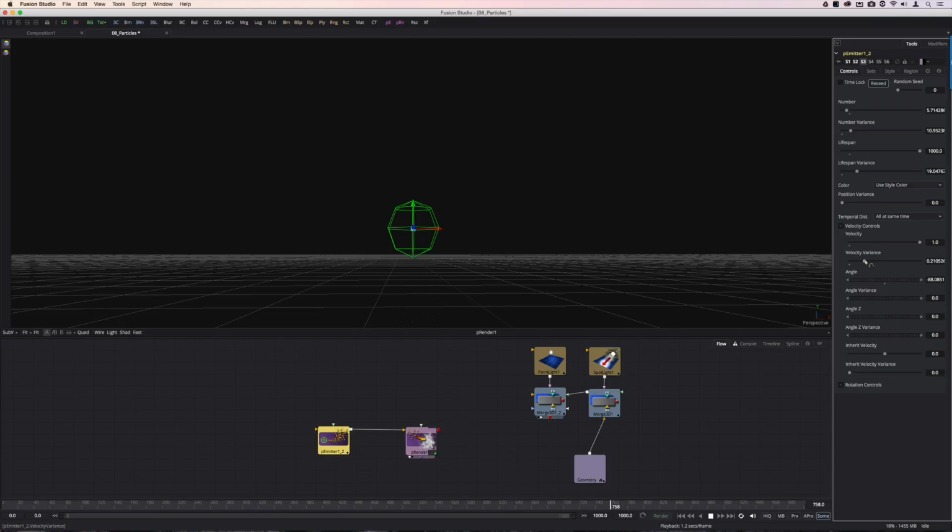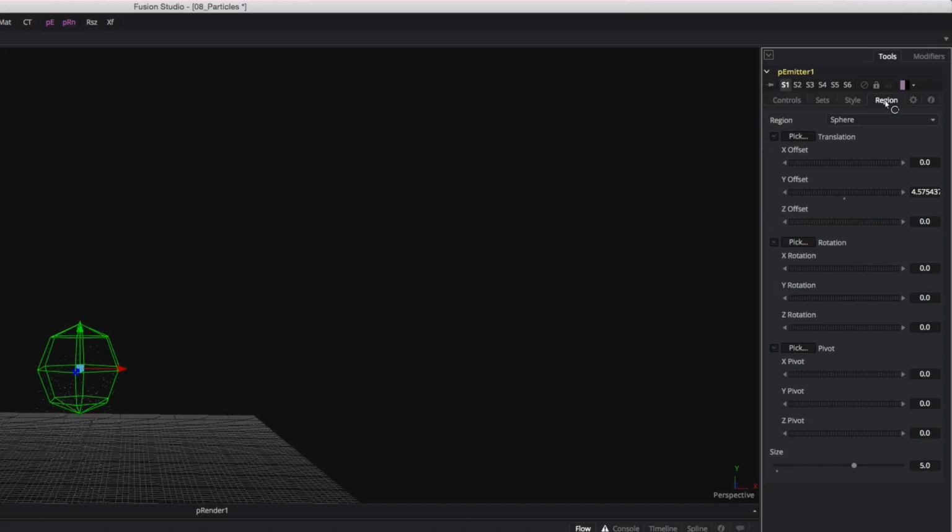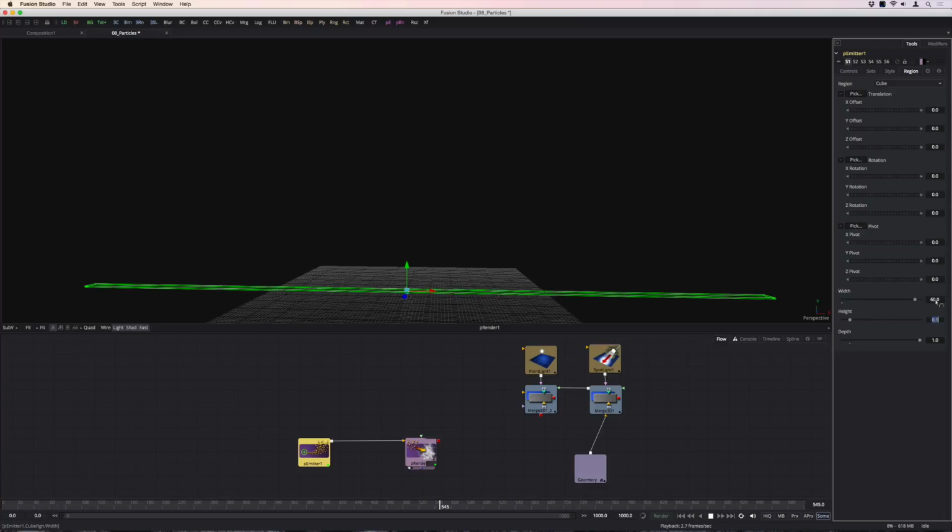For creating snow, we need to change the shape and position of the emitter. Those controls are adjusted in the Region tab. The emitter can represent a variety of shapes, like a sphere, a Bezier line, a bitmap image, or even a 3D model. Since we are creating snow falling from the sky, we'll use a cube and then make it wider